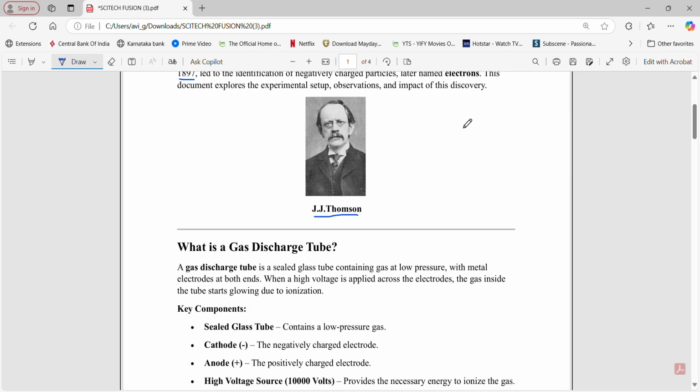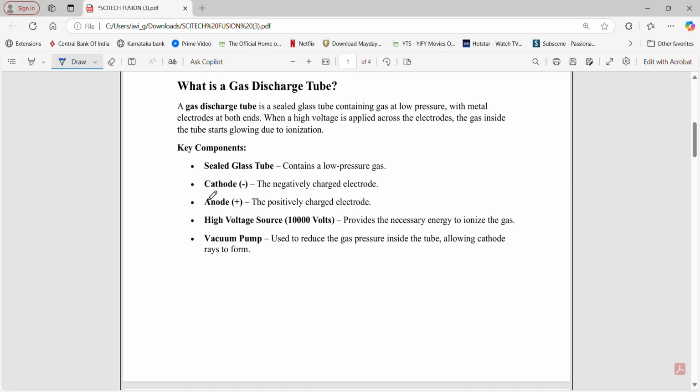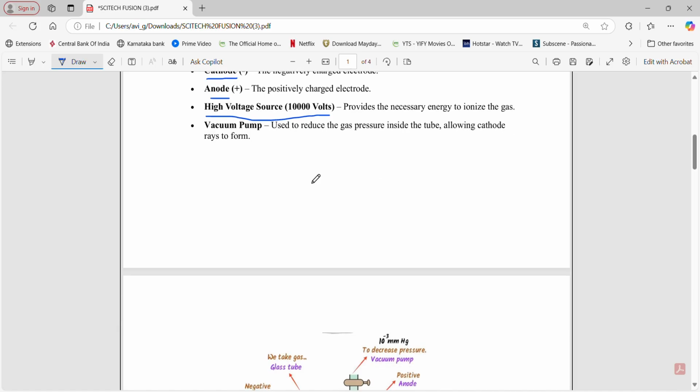So, what is a gas discharge tube? A gas discharge tube is a sealed glass tube which contains some low pressure gas, such as hydrogen, and it also contains two metal plates, the cathode and the anode. The anode is the positive terminal and the cathode is the negative terminal, and a high voltage power source of 10,000 volts is provided to ionize the gas inside the tube, and the low pressure is created